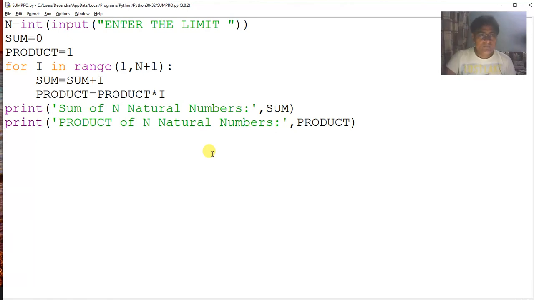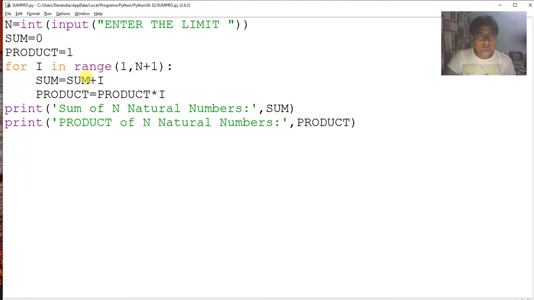Inside the loop, the sum variable is adding those values of I, and the product variable is having the multiplication of those values of I. So first time when I is 1, sum will have the value 0 plus 1 stored as 1, and product will have the value 1 into 1 stored as 1. Then I changes to 2.